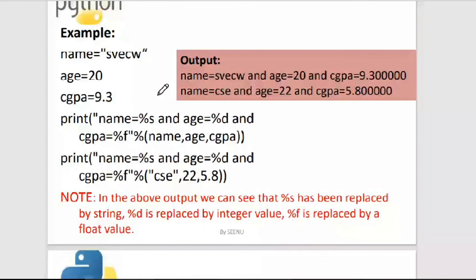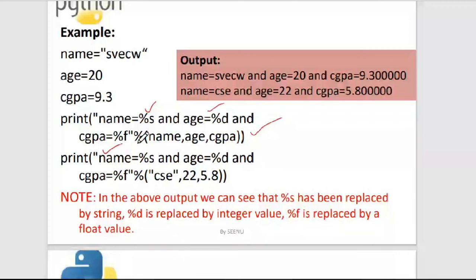I said name is equal to swec and age is equal to 20, and I have some CGPA. Then I'm saying name is equal to %s. This is how you write it in C programming, and the same way I'm writing it. Age is equal to %d and CGPA is equal to %f. But what you do in C programming is just put a comma and then list all the values. Here the syntax is different.